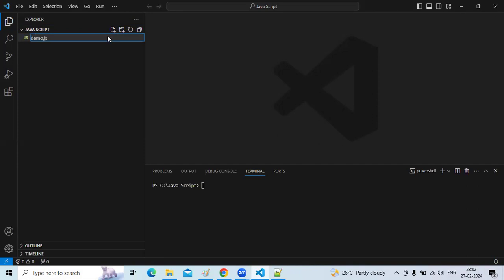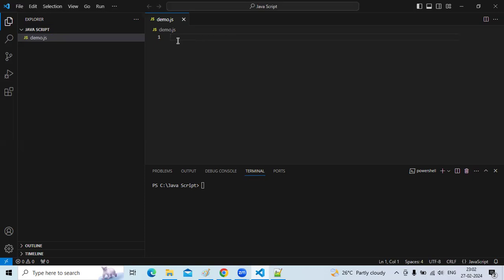Remember one thing, JavaScript execution is synchronous execution. Synchronous means every line is executed line by line. That's why line by line execution of code is nothing but synchronous execution.